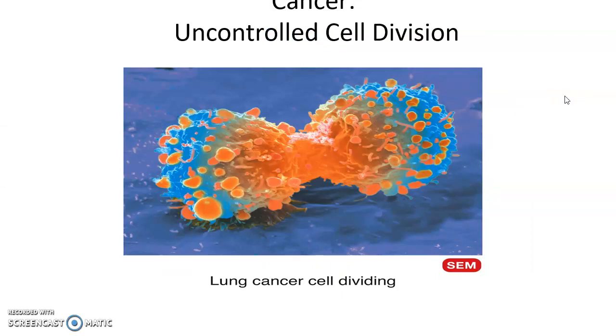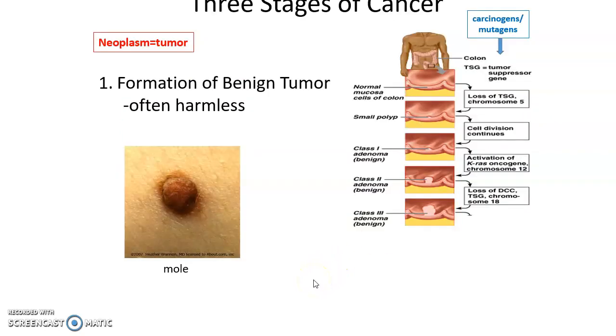Cancer. Cancer is uncontrolled cell division. Cancer is when mitosis is no longer controlled in a healthy manner and instead produces massive amounts of cells. Cancer is caused by genetic mutations to the DNA. Carcinogens, mutagens, whatever, are damaging the DNA of the cell, causing the cell to mutate. And usually there ends up being a series of mutations necessary to get cancer to develop.